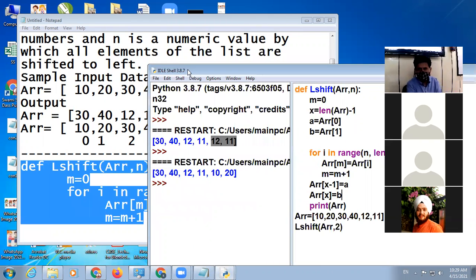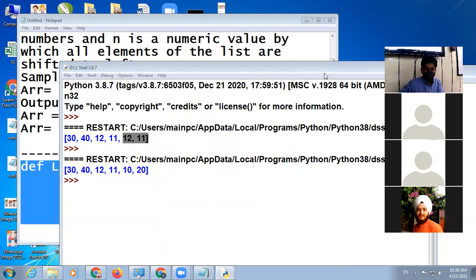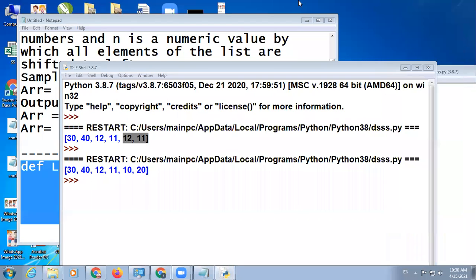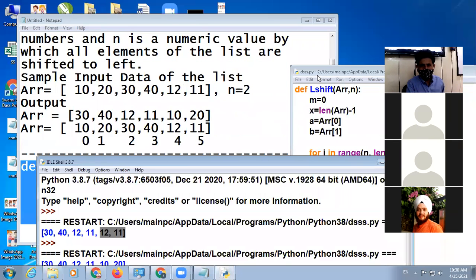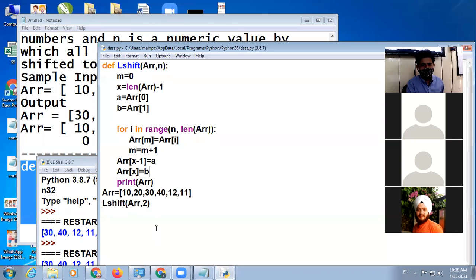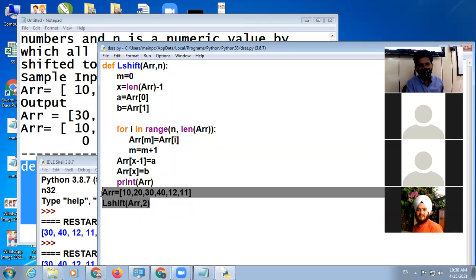So look at here, this will be the output. So you will make only the function. You will not make the function calling.